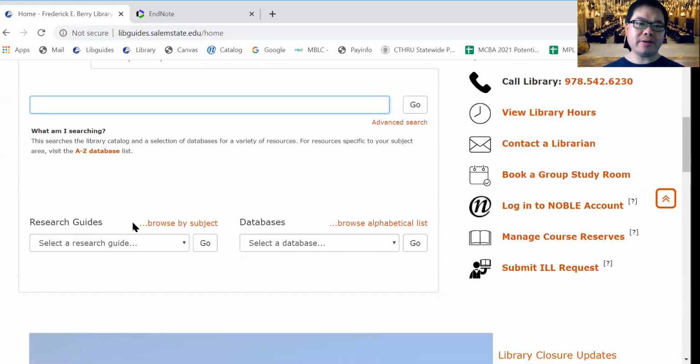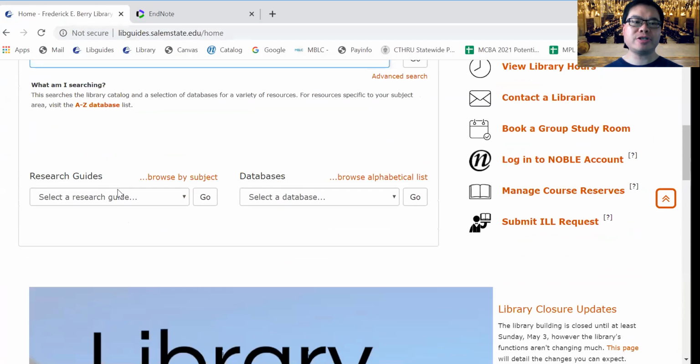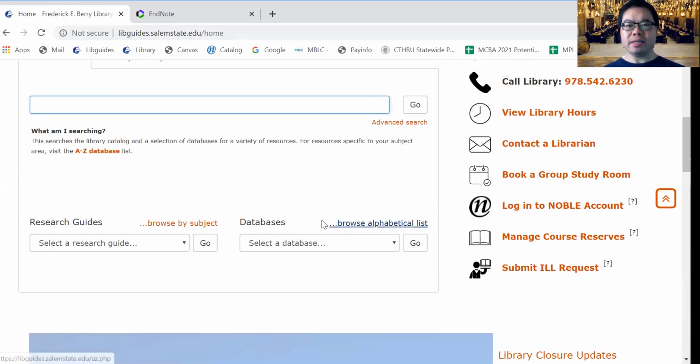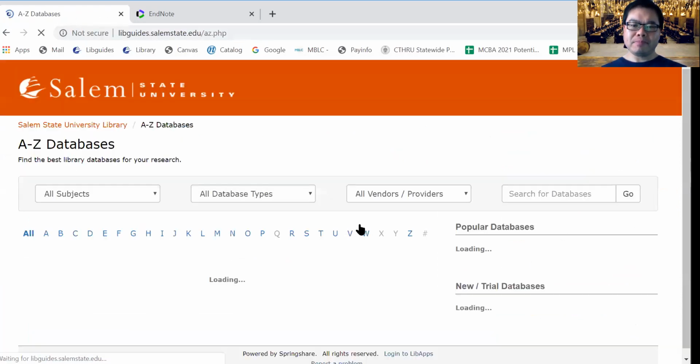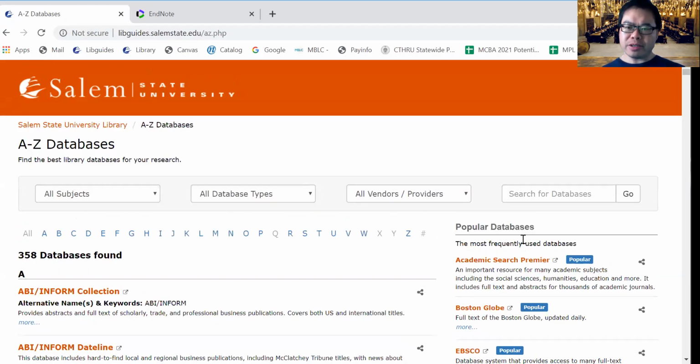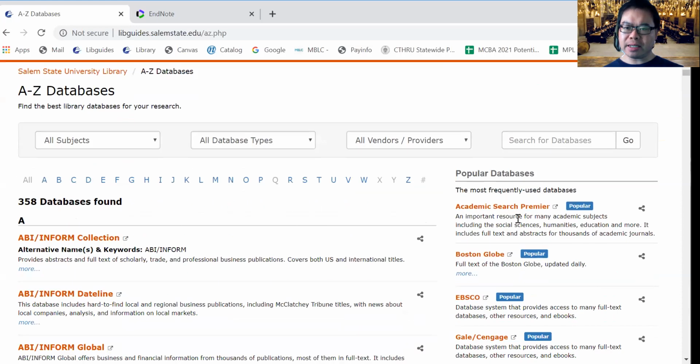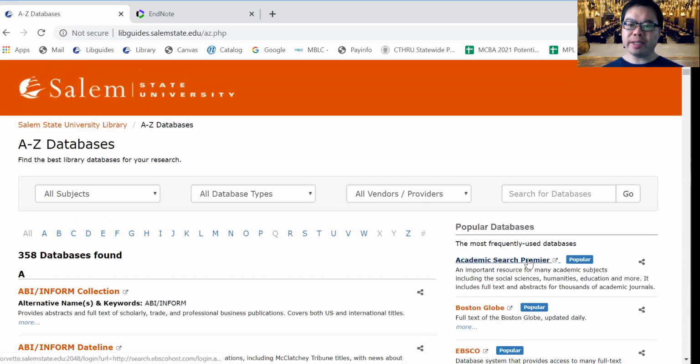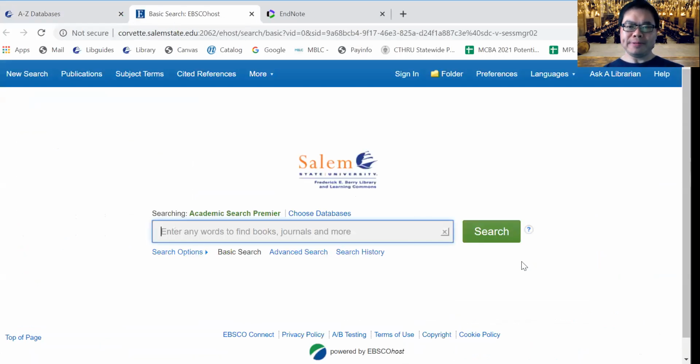A little bit further down in the center of the page here, you can see some research guides and databases. I'm going to click on this Browse Alphabetical List of Databases. And here's a listing of all the databases that we have listed alphabetically for you. To the right, under Popular Databases, I'm going to click on Academic Search Premier, which is one of our frequently used databases. Now, when you click on whatever database that you're going to be searching in, if you are on